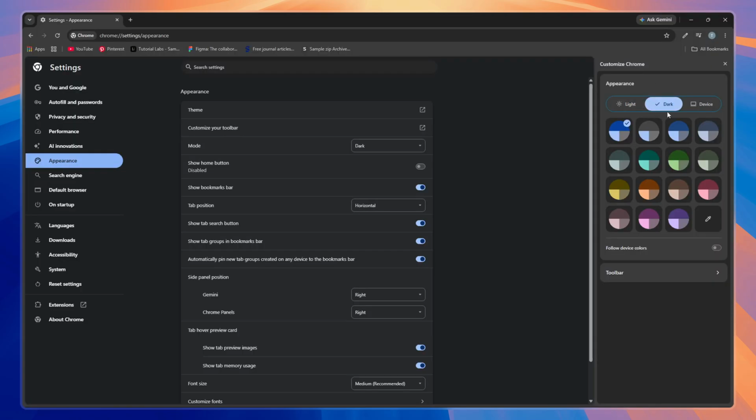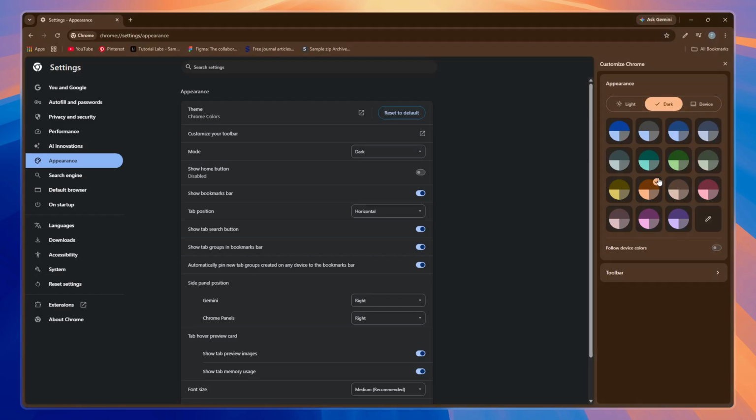But that's not all. Below the mode options, you'll also find a selection of color themes. These allow you to add personality to your browser by choosing different color schemes that match your mood or aesthetic preferences. Simply click on any color theme you like, and Chrome will instantly apply it, changing accent colors throughout the browser interface. And that's it. You've successfully customized Chrome's theme mode to suit your preferences, whether you prefer a classic light look, a modern dark mode, or something with a